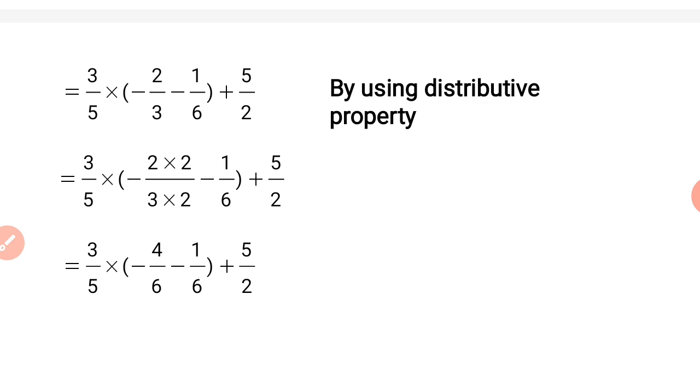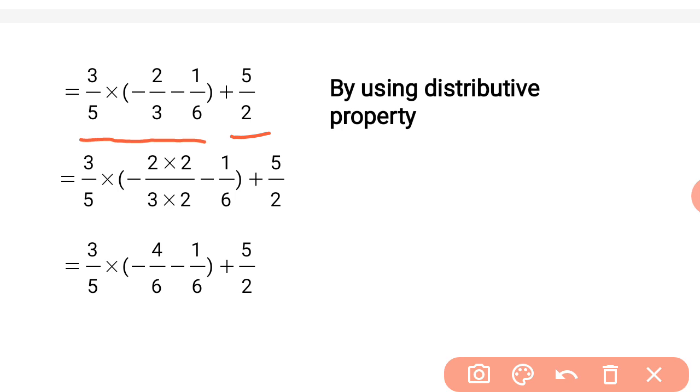This is how actually we have simplified the example, because otherwise you would have to do a lot of multiplications, additions and all. Here the number of multiplications and additions have reduced. Now if you look at the first step that is given here, it's 3 by 5 multiplied by, inside the bracket it is minus 2 by 3 minus 1 by 6, and rest it is plus 5 by 2. Just copy it down, nothing to do with it now. Now children, how many terms are there? So there are 1 and 2 terms.